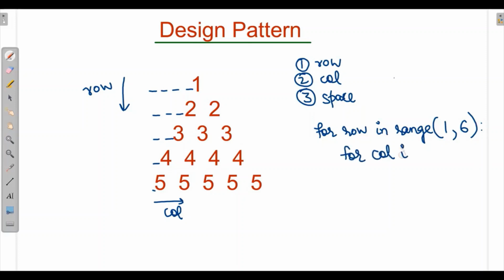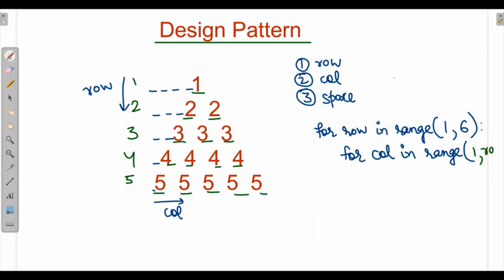For column in range, as there is one row, there is one column over here, two row, two columns, three columns, four columns, and at last fifth row, five columns. So I'll write over here from 1 to row plus 1 because the last value is always excluded.